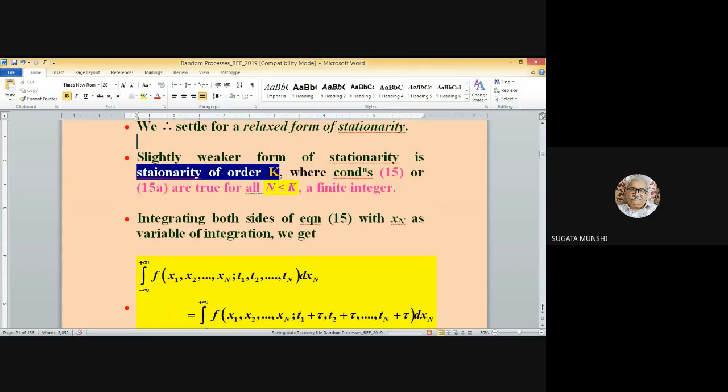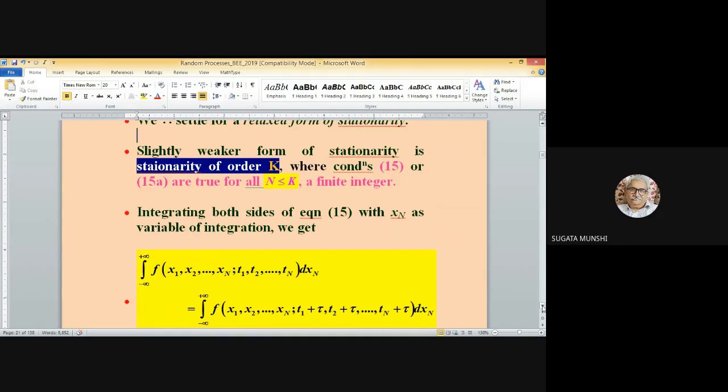Similarly, for the right hand side, you are just